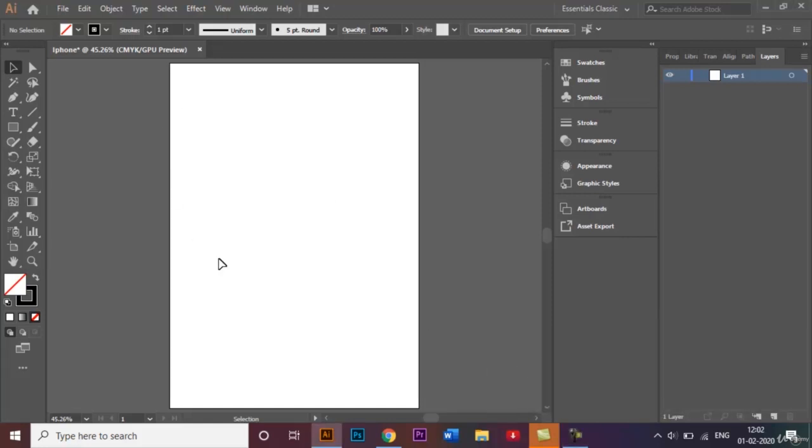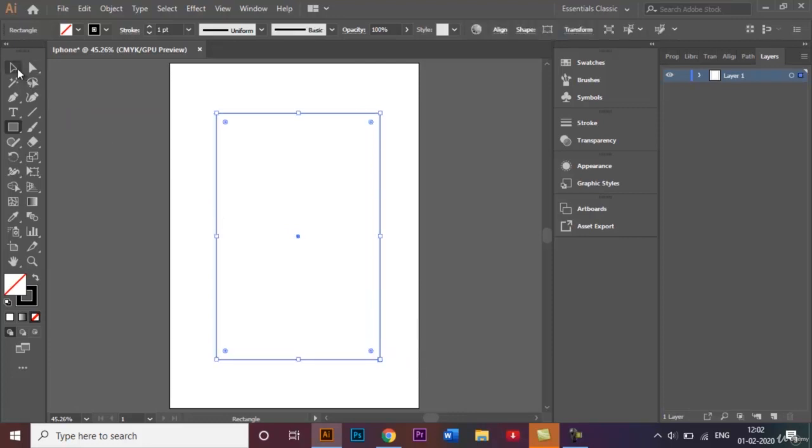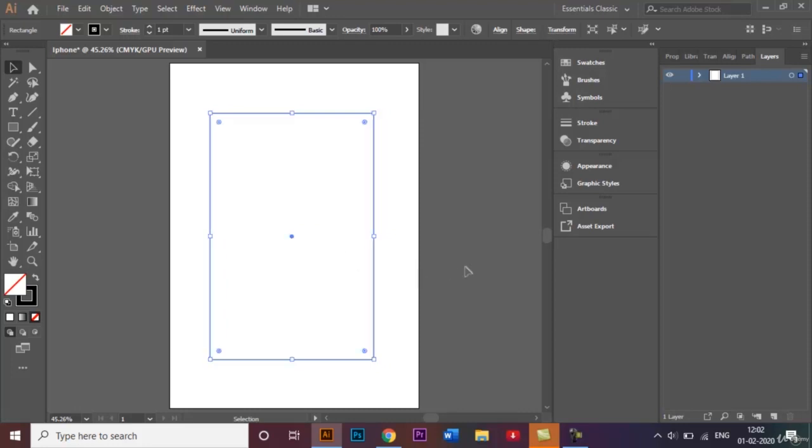So the first thing we have to do is make the body of the iPhone. To do that, I will be using this rectangle tool and I'll make sure that there is no fill. I'll just click and drag my mouse to make this rectangle like that. I'll bring this over here to the middle and I'll make another smaller version of this rectangle inside this bigger